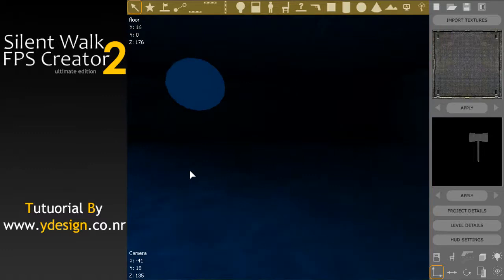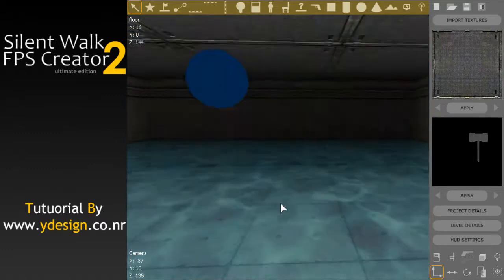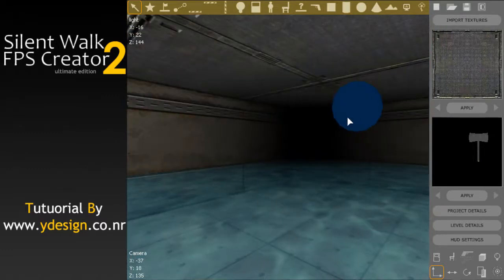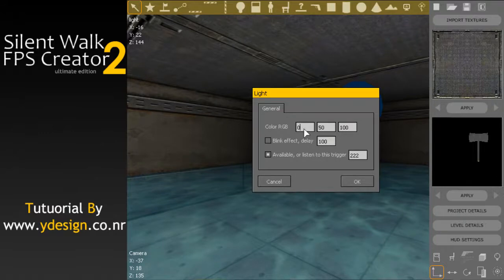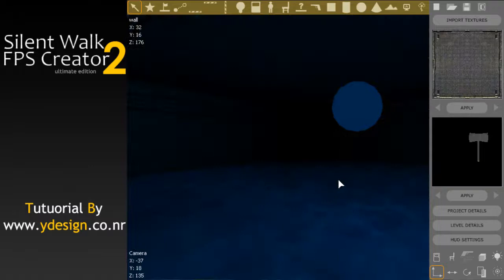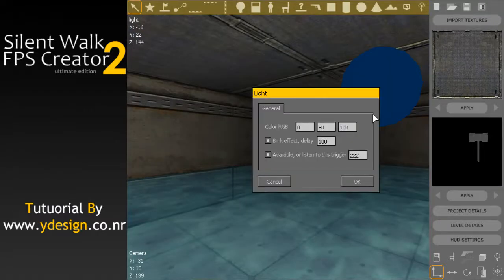So that's the end of this tutorial. You've learned how to change your light. Hold down E and click. What these mean. Oh, blink effect is blinks in game. Also, I'm not in game mode now, so you won't see it. But going back to about 40 or something. Let's do 40 now. Okay,